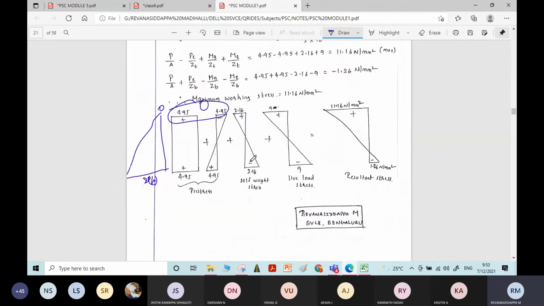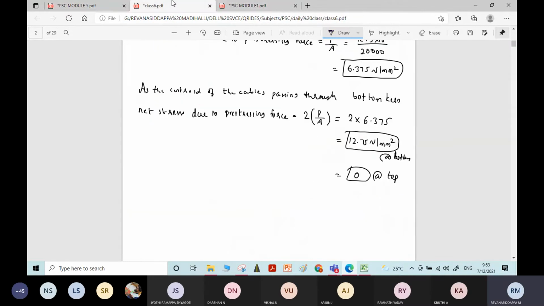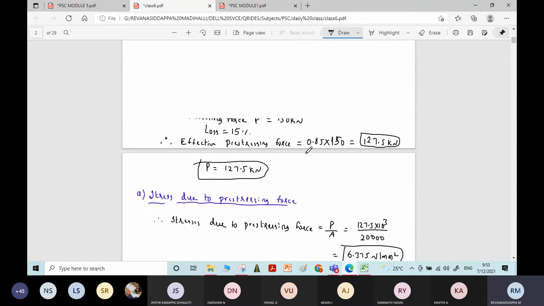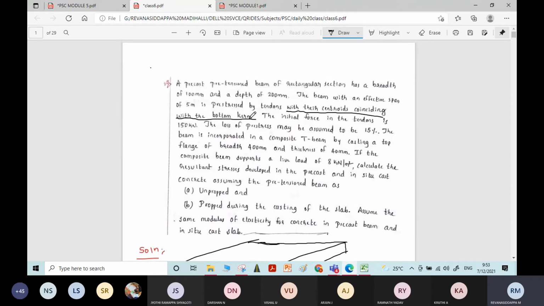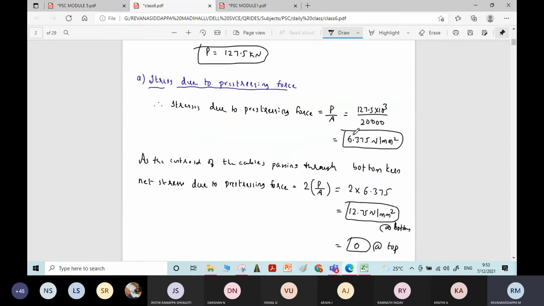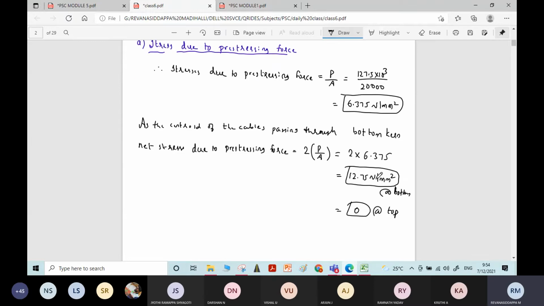Is that clear, students? Have you understood this? Any doubts? Do you need any clarification on this? No, sir. Okay. Therefore, if he says the resultant of the pre-stressing force is coinciding with the kern, you find the direct stress and multiply by 2 and put the answer. At the bottom multiply by 2, at the top you take it as 0. Simple.